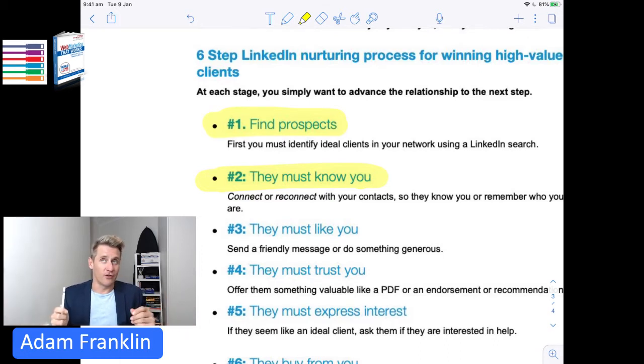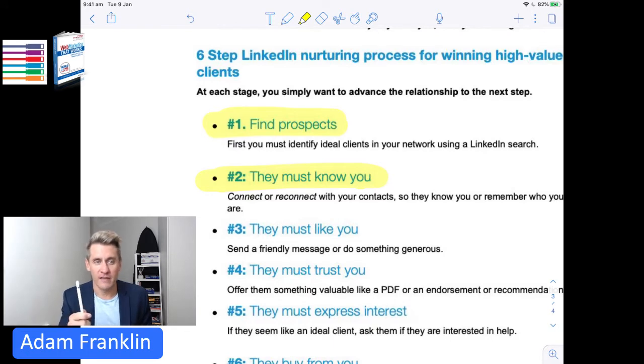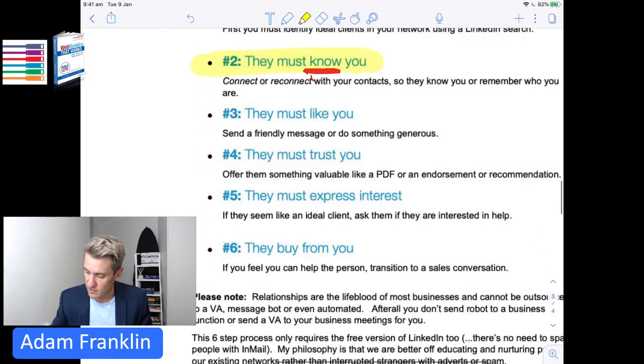Or if they're in your second or third degree network, then we need to reach out to them with a connection request with a personalized note to invite them into your network. Then they know you, which is what we're looking to do at this stage. Find them first, then they hopefully know you. And then the next step of the journey is